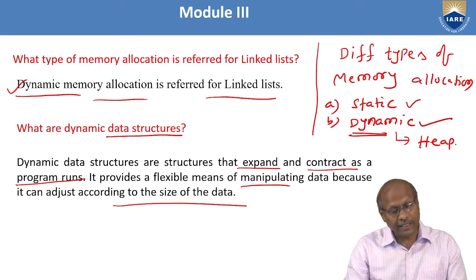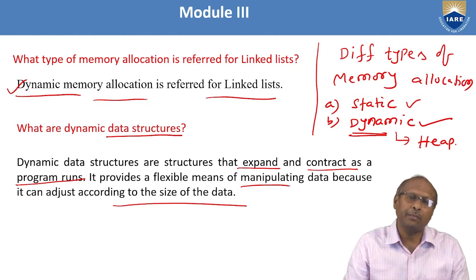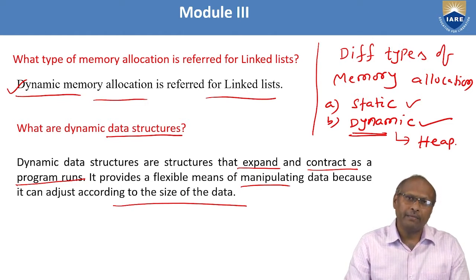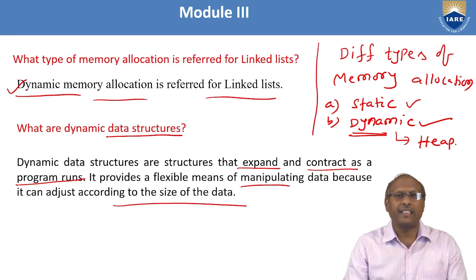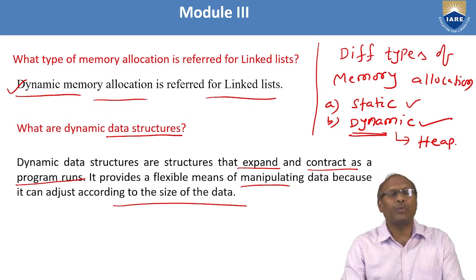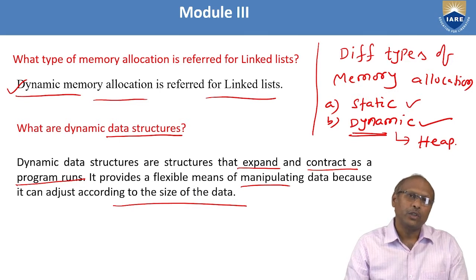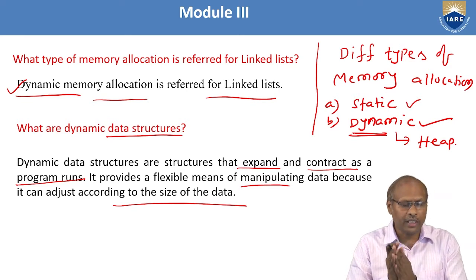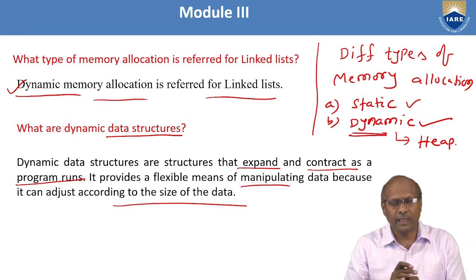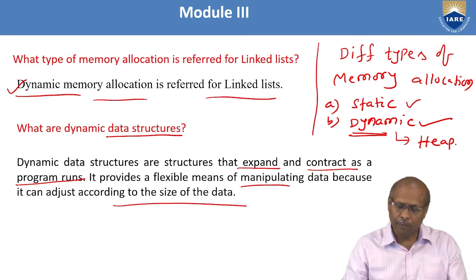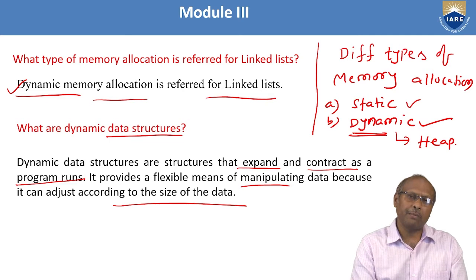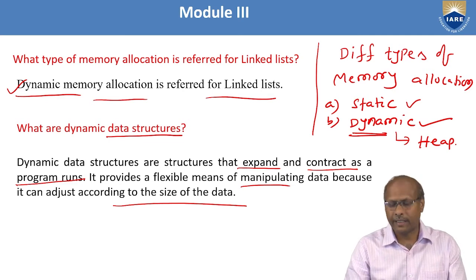Then they may ask a question, what are the static data structures? Static data structure means generally a simple array or variables, those are all static because those things will not decrease or increase. That is fixed. So the data structure which takes constant time or constant amount of memory, those are static. Generally those variables or arrays are all fixed. Whereas your linked list is dynamic. So dynamic data structure means your linked list all comes under dynamic.